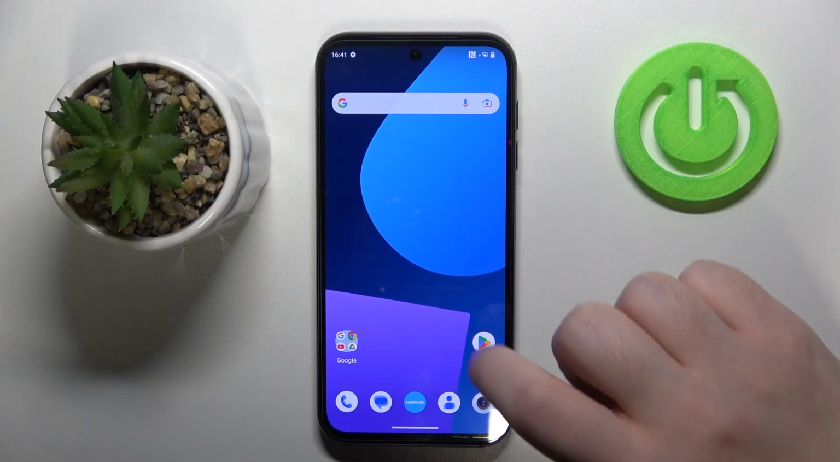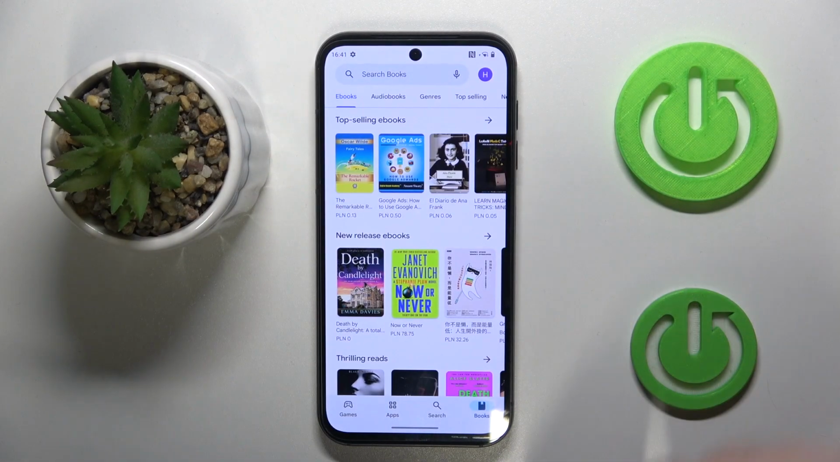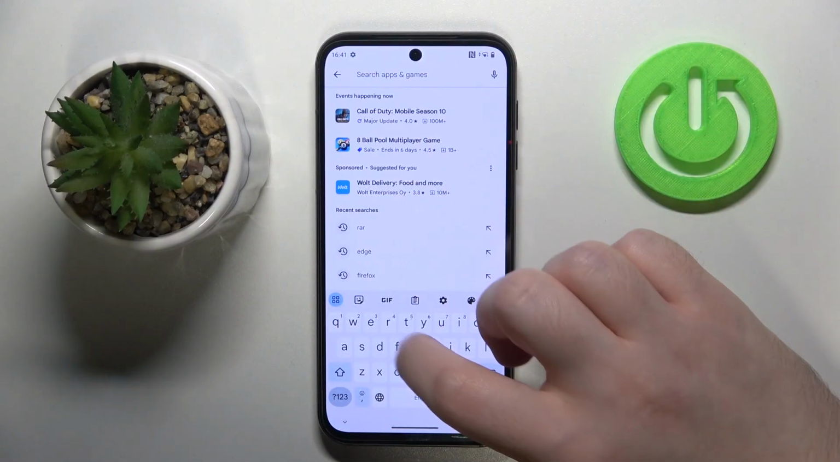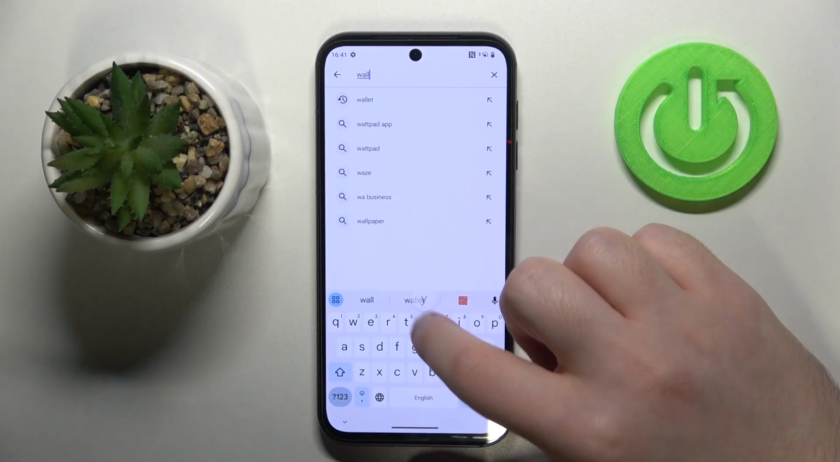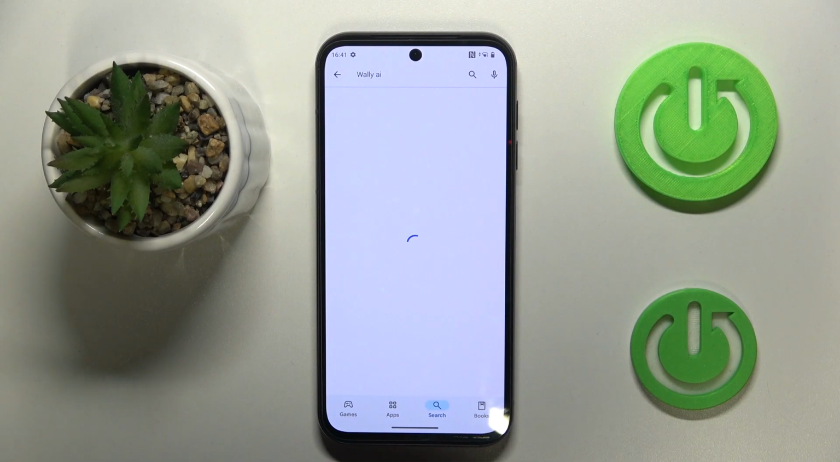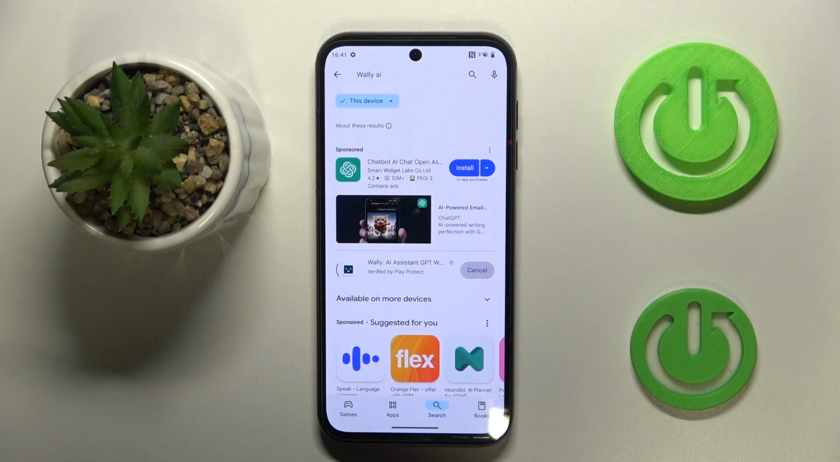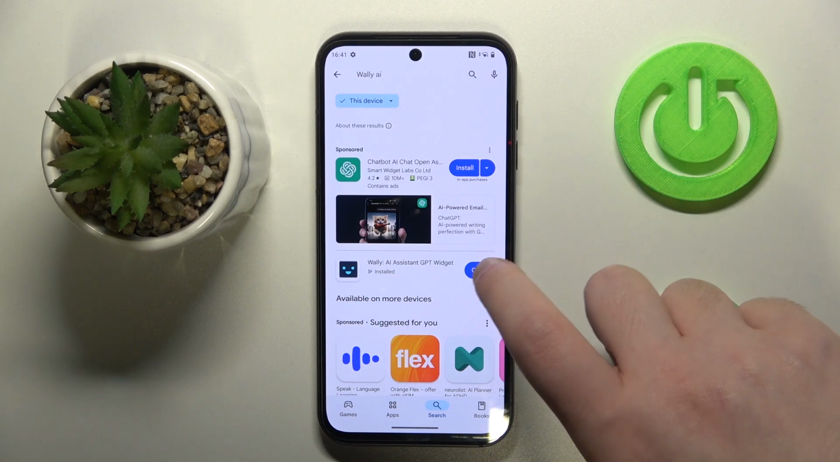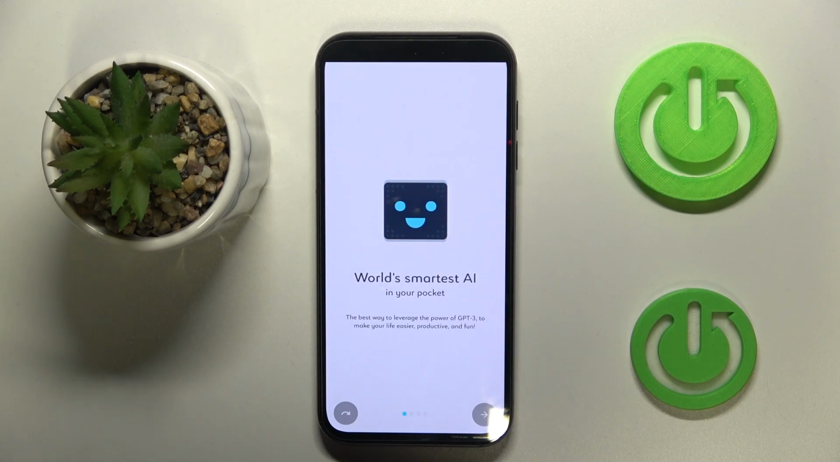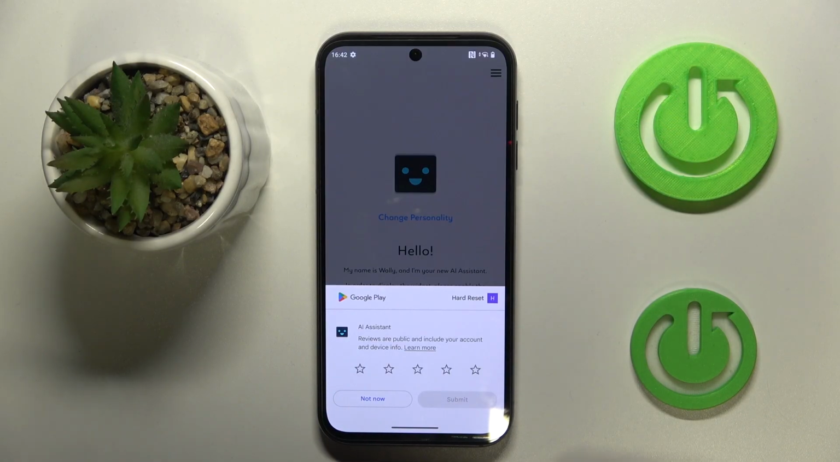So you have to start by opening your Google Play Store, then click on the search bar and type in Wally AI and click search, and now click install. Now you can click open and then click got it, and click this button to skip introduction, then click not now